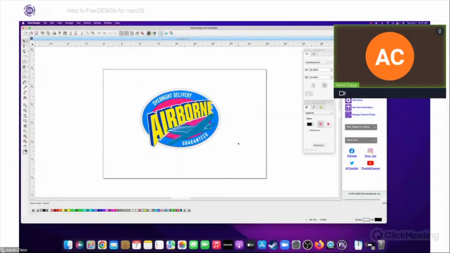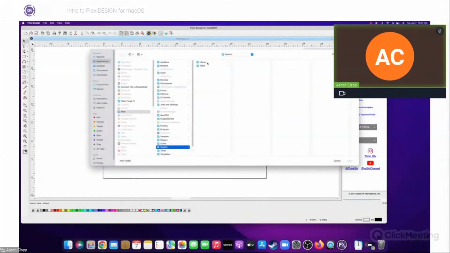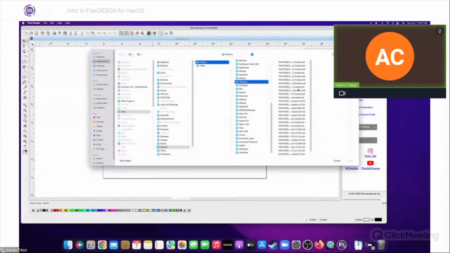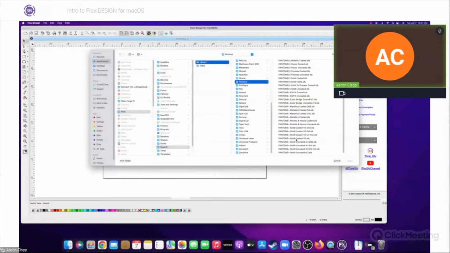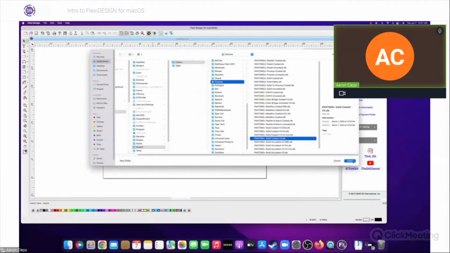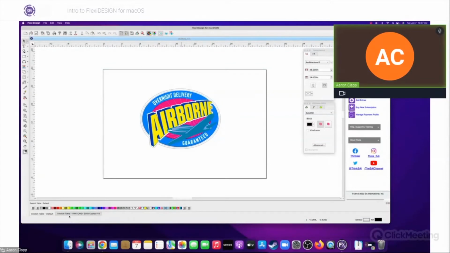Now, speaking of colors, one of the things that you are also able to do is if we right click on our swatch table, we can go ahead and open our table. We have some of our default tables, and then we've got our library. So for example, if you want the Pantone, all the Pantone color swatches are here. So we can go, for example, with the solid coated V3, open that up,